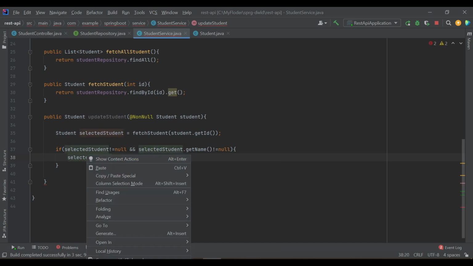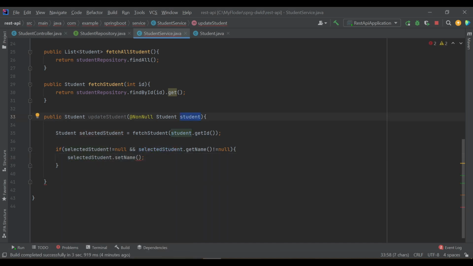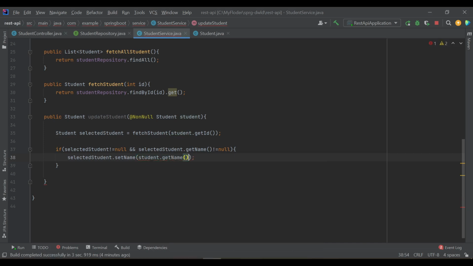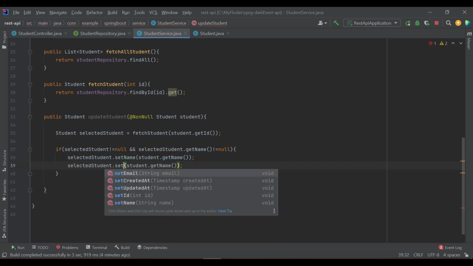Here we'll keep student dot get name, and next step we'll do set email.